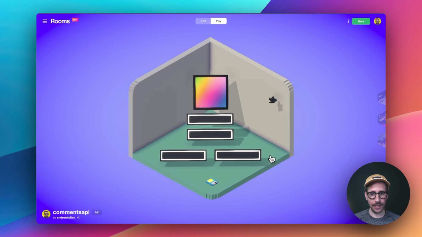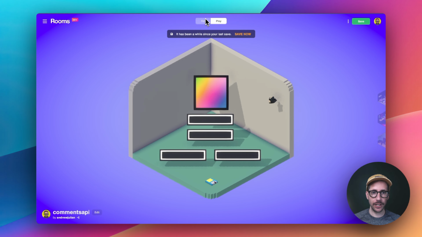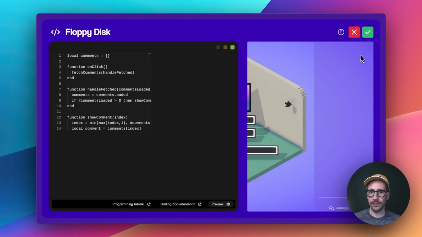So that is something that is pretty easy to implement and will allow you to get a lot of feedback that you can then view on your creator side in the view of your room. But the real powerful part of this is being able to get that information and then display it in your room. And so in order to do this, it's ideal to have one thing in your room that kind of handles all of the getting of the information. In this particular instance, I've just selected the floppy disk, which there is already some code in that I will talk you through. So let's go into edit mode, click on the floppy disk, into the code editor,